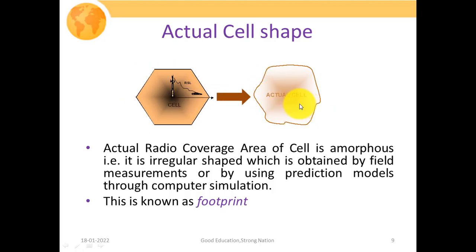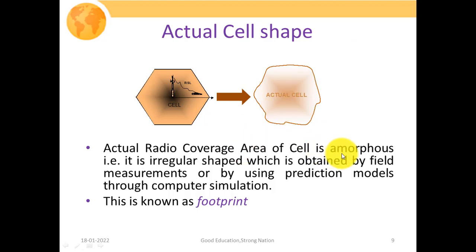There are lots of factors responsible for this irregular pattern, that is, the heterogeneity that exists in the physical environment. Whether we are talking about an urban area or a suburban area, the geographical conditions are a little bit different. An urban area is full of buildings as well as other structures. A hilly or suburban area is full of plants as well as trees. On those structures our signal gets absorbed, or its actual coverage area gets distorted in comparison to what it was deployed for.